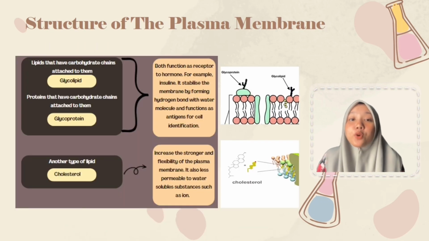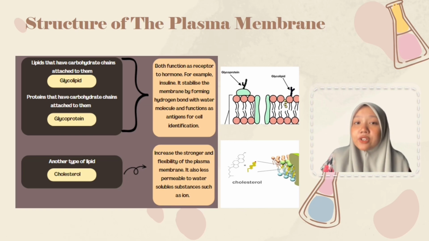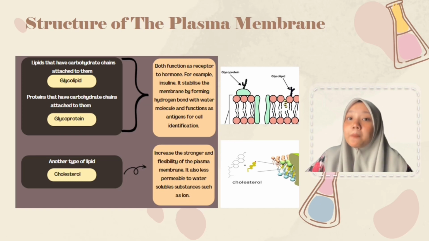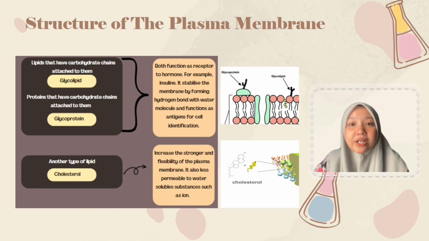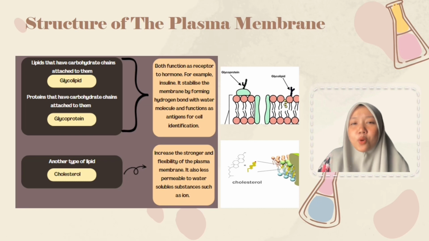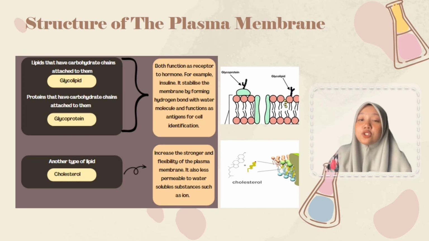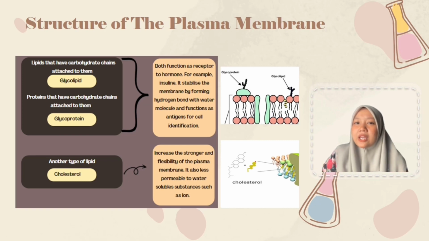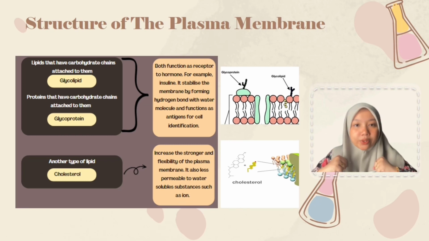Next, we have proteins and lipids, which are attached to carbohydrate chains. Okay, carbohydrate chains that attach to lipid we know as glycolipid. Meanwhile, carbohydrate chains that attach to protein we know as glycoprotein. Both of the functions are the same. They act as a receptor to hormones, for example, insulin. It stabilizes the membrane by forming hydrogen bonds with water molecules and functions as antigens for